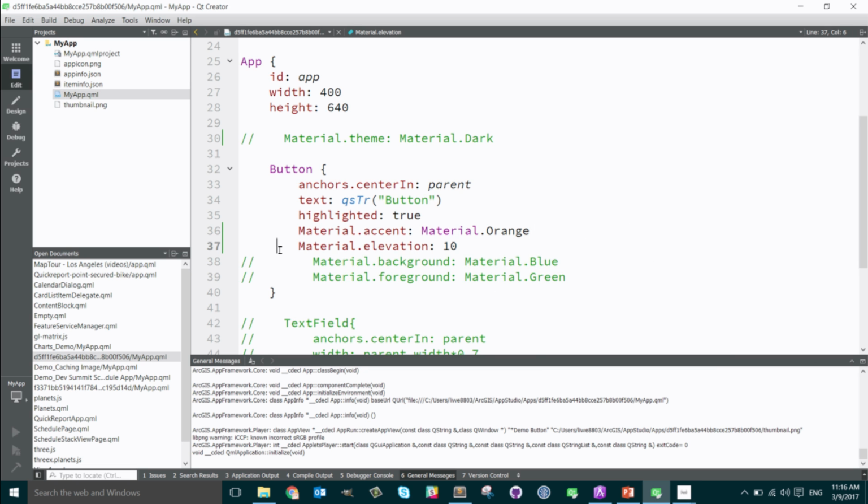This is one change, and I talked earlier that we could use some property to set up what theme we should use for the material. So here, how should we change this to the dark mode, to switch the app to the dark mode? By using a property called theme, you can set up the dark mode. Since we are using Google Material now, it already has some setting for the dark mode. So if I uncomment this line,